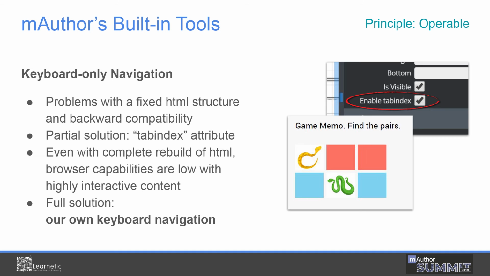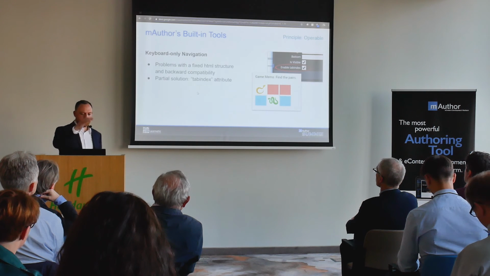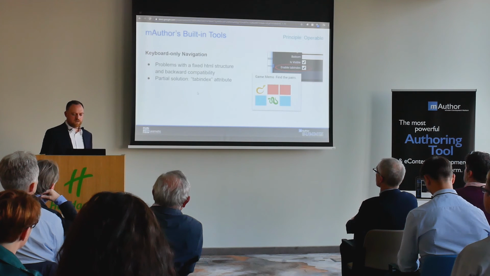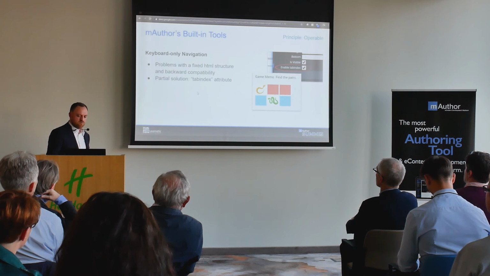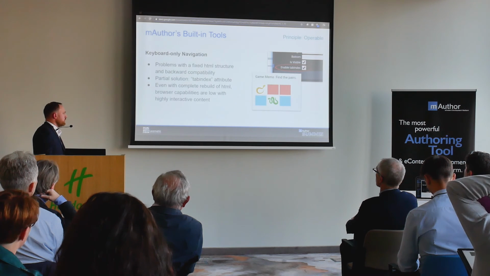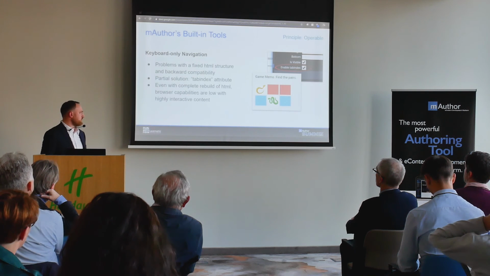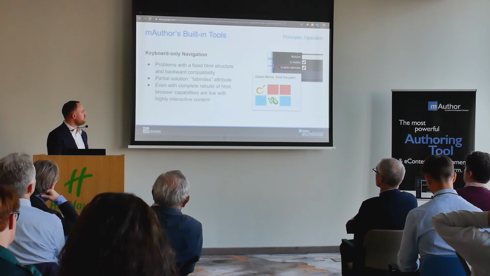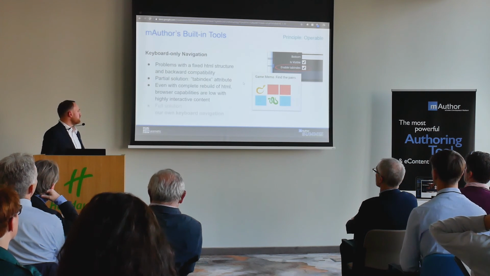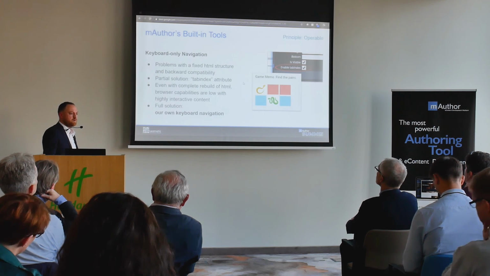It basically tells assistive technology like screen readers in which order the modules should be read and in which order it should understand the content. But the browser capabilities are low with highly interactive content, like for example the memo game. So we have to look for another solution, and we found that we have to simply make our own keyboard